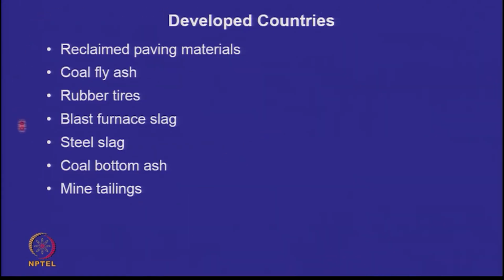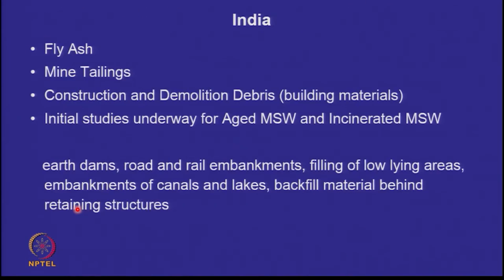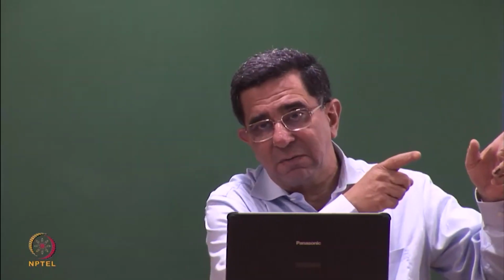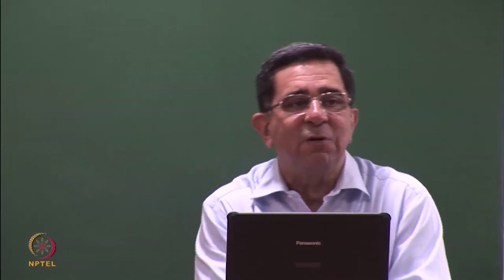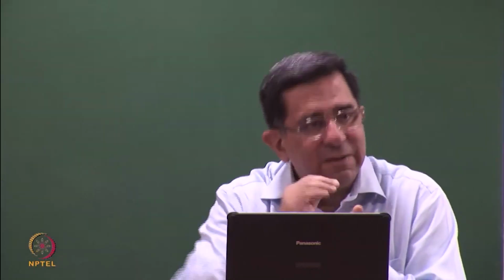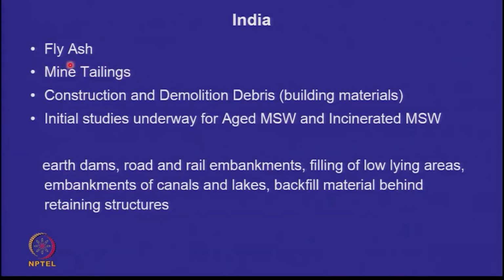So this is what is being used in developed world. In India, what are we using? We are using fly ash. When I use the term fly ash here, it basically means pond ash, because fly ash is not available individually that much, and whatever individual fly ash is available, it is going to the cement plants because of its pozzolanic activity. So what is available to us is ash which is lying in the ponds, which the cement plants don't want, because the fines have actually got washed away. So we can use pond ash, we can use mine tailings if they are not classified as hazardous.